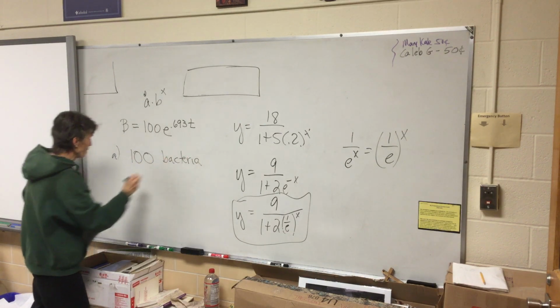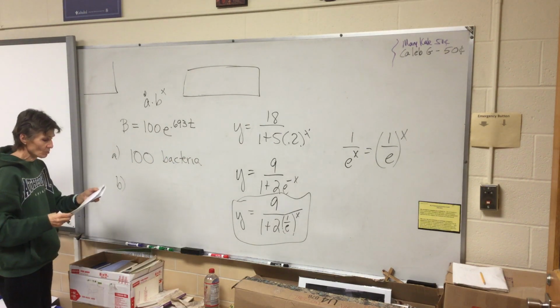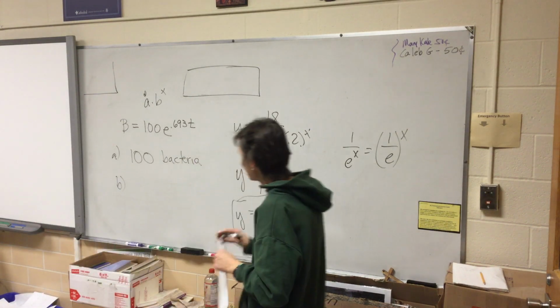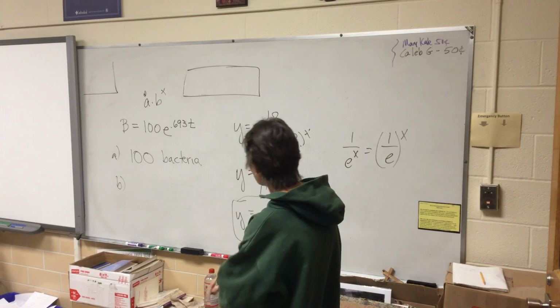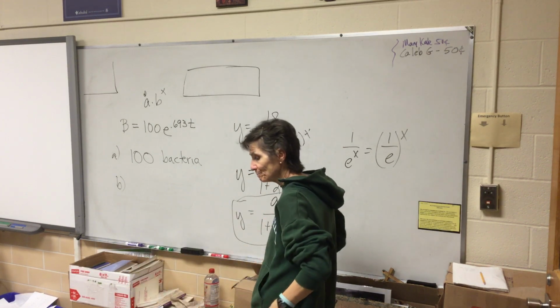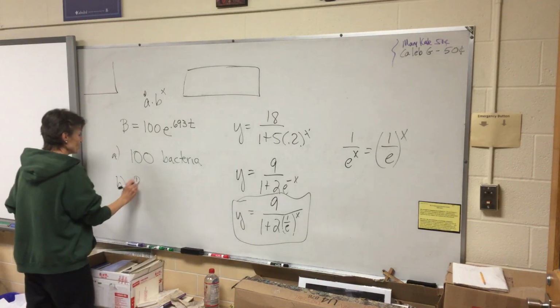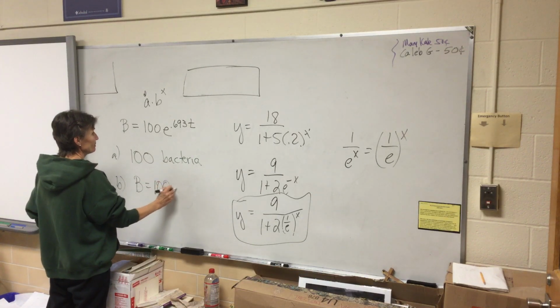Don't forget to put a label on that. So it's 100 bacteria is what we're starting with. How many bacteria are present after 6 hours? How will I figure that out? You plug 6 in. It's exactly what I do. I'm going to plug 6 in